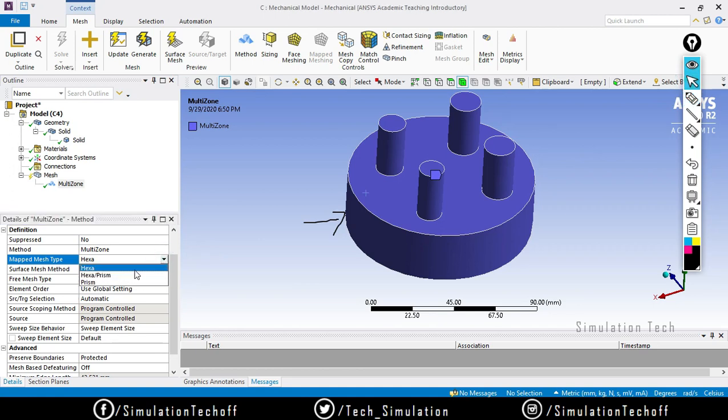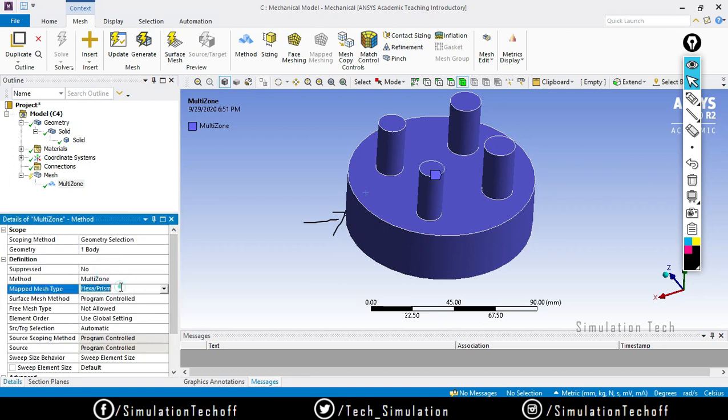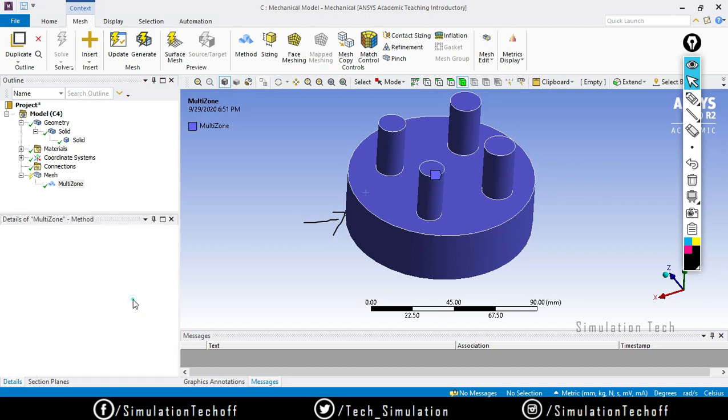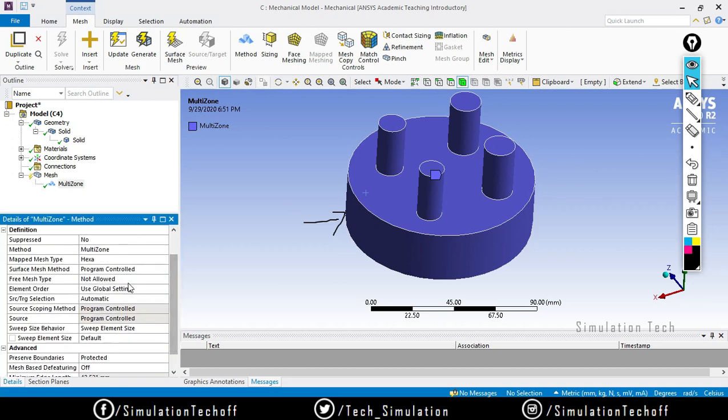Hex means that when you look from the outer side, it looks like a quad, but the first layer should be a hex. Prism is a combination of quad and triad elements. So you can select hex, prism, or hex prism. I will choose hex prism. We will try whether it is created or not.